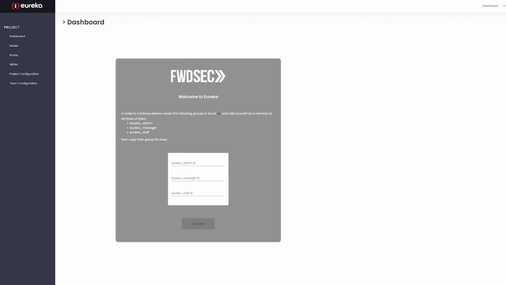We'll be using the OAuth service within Microsoft, and this will allow us to use our Azure credentials to sign into the Eureka portal. The first thing that you may notice is that the user is presented with a little modal, specifying some groups that you need to provision as part of the process, and this will essentially allow you to manage the different access levels within the application. So we'll provide an object ID for the admin group, object ID for the manager group, object ID for the staff group,